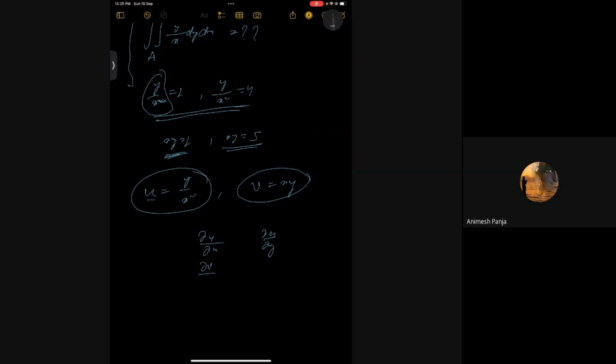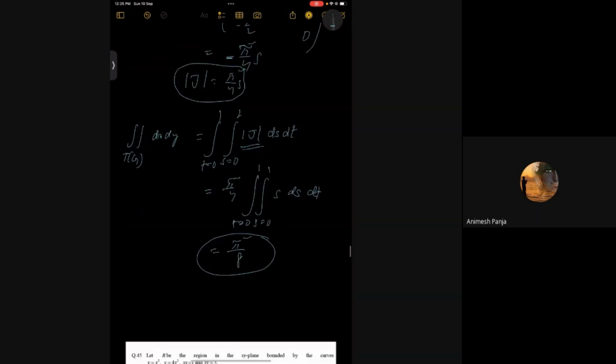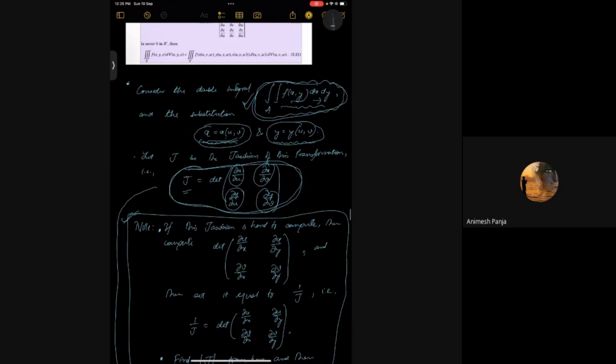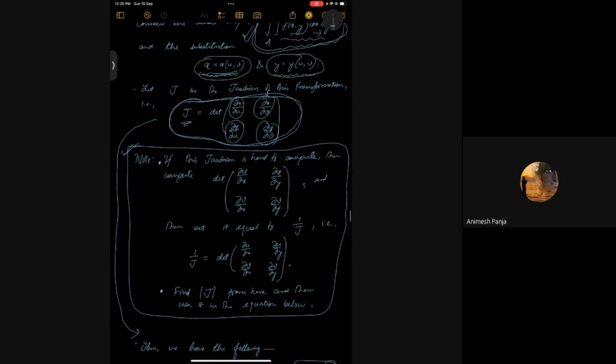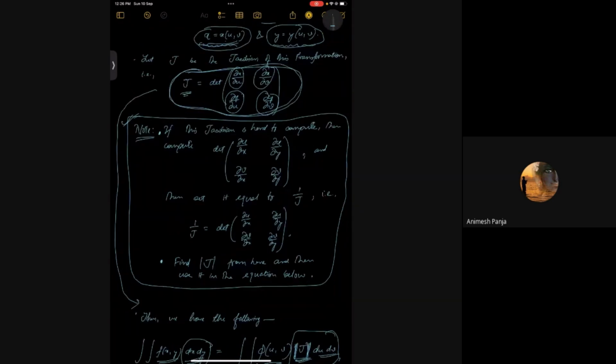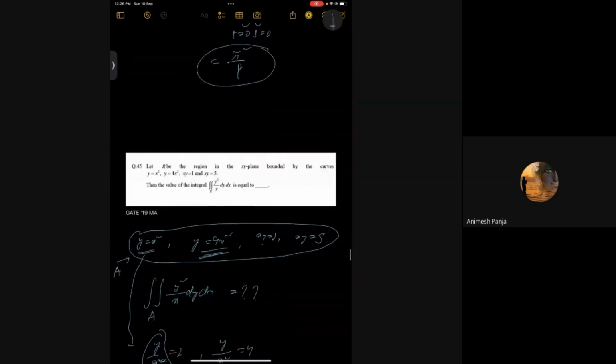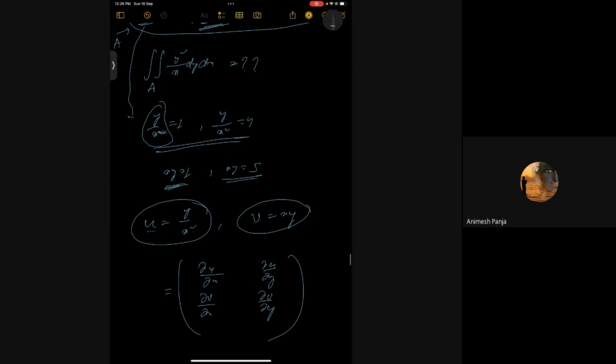Del v, del x, del v, del y. Right? Find the Jacobian, and we set it to j. But now instead of j, I'll set this to be equal to 1 by j. That was my note, which I told you to skip. If the Jacobian is hard to compute, like if it is something like this, where you have to write, see,